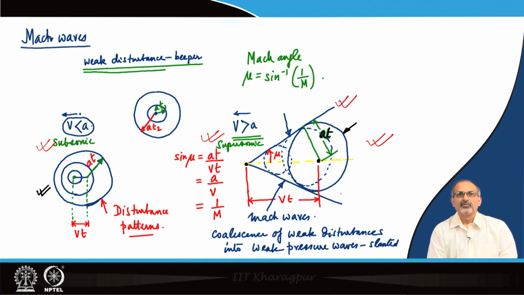fronts, which we call Mach waves, and they are slanted to the flow. The angle at which they are slanted is given by that angle mu, and we can show from the geometry that the sine of the angle mu is given by A times t by V times t, which is nothing but 1 by M, based on the distance of propagation of the sonic waves versus the distance of propagation of the disturbance itself. So, this is basically the background of obtaining the value of mu,